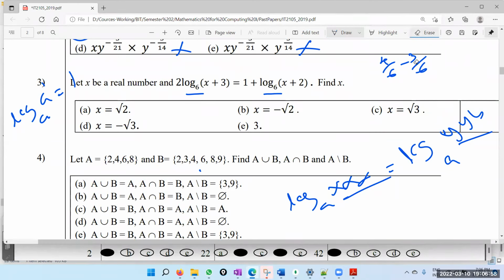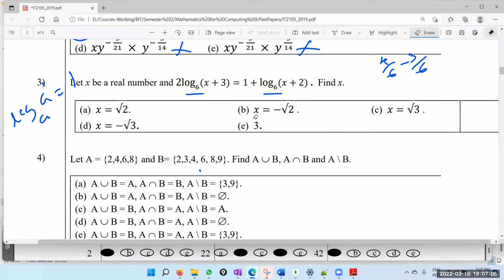In maths, what you need is your logical thinking, your critical thinking. Nothing else. You can't memorize and do anything. That is why we always need a maths paper to filter out those who rely on memory, rather than those who have very good logical thinking. Right. So let's write this as